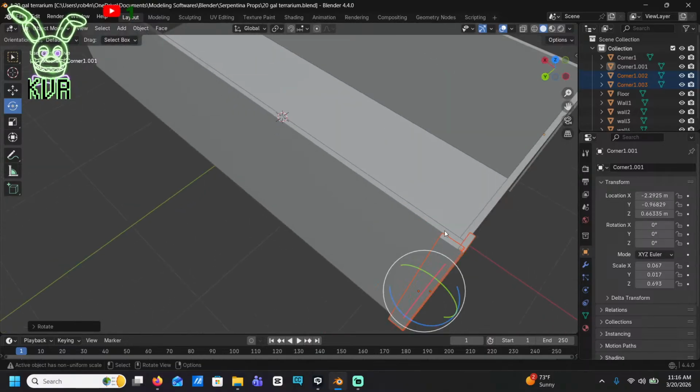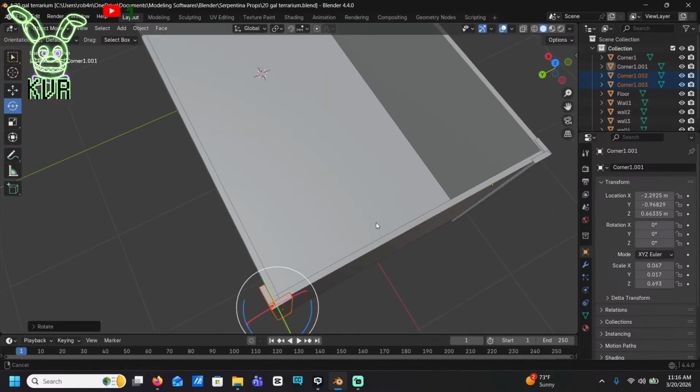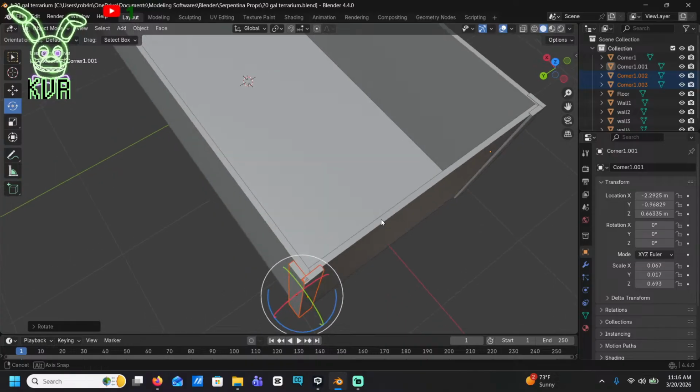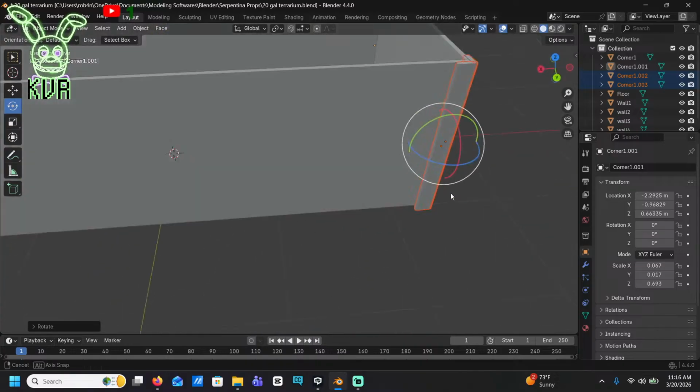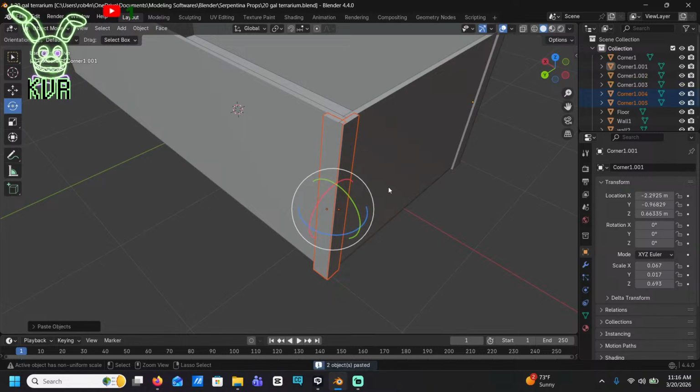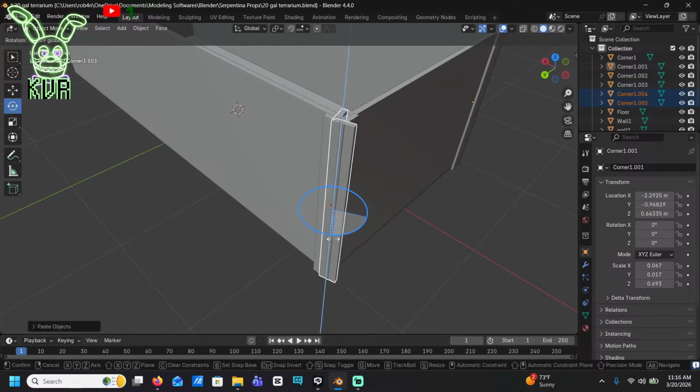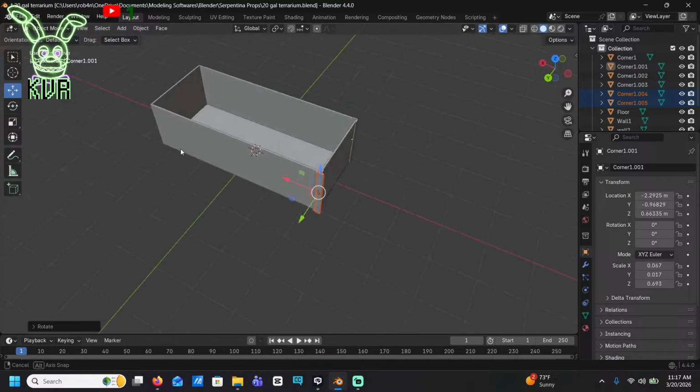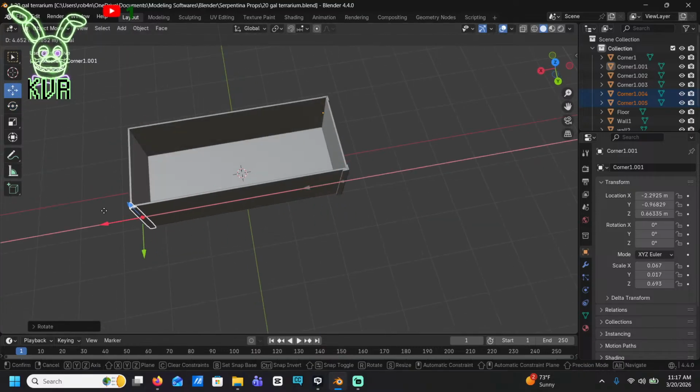I can't have them both selected and do it that way. That's okay though. This works well enough. Actually, I think that even maybe works ideally. Whee!